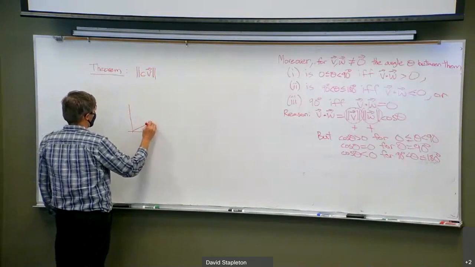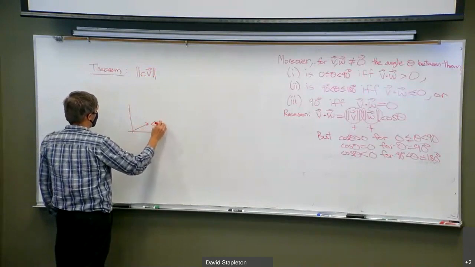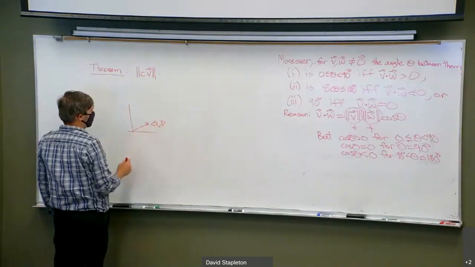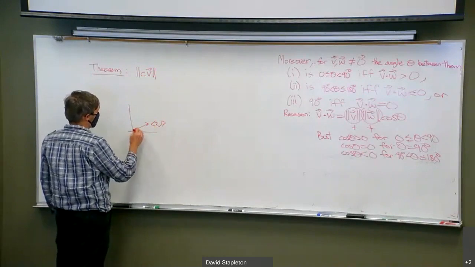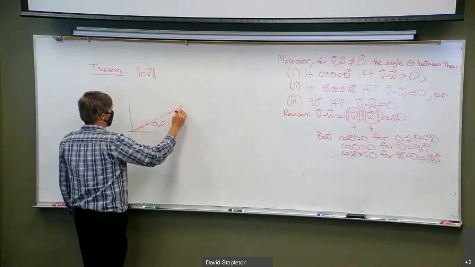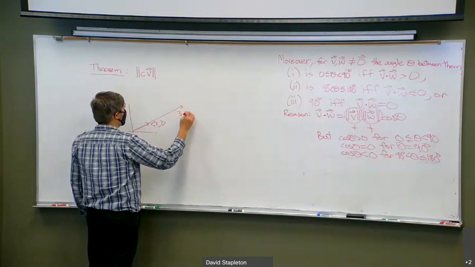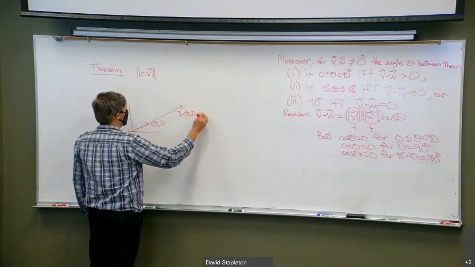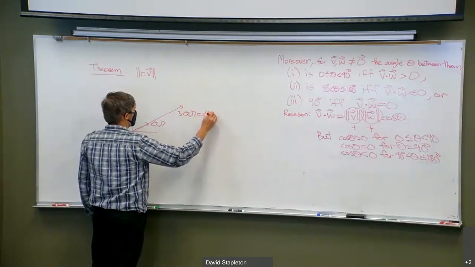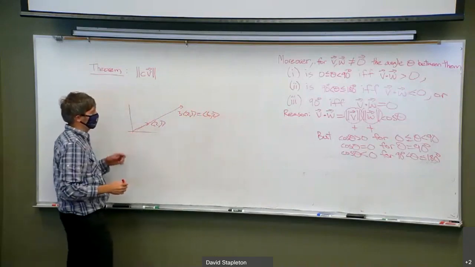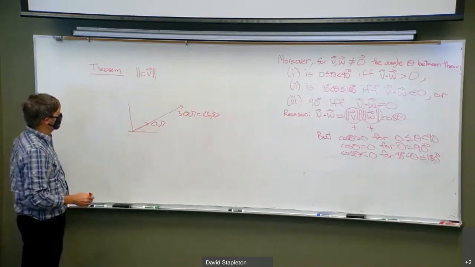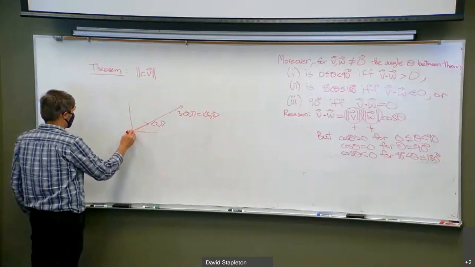Here's the vector, for instance, 2, 1. And what if I take the vector 3 times 2, 1? Then I get this long vector here. 3 times 2, 1 is 6, 3. And if you think about it, it's the same direction, but 3 times as long. If I take the vector minus 2 times 2, 1,